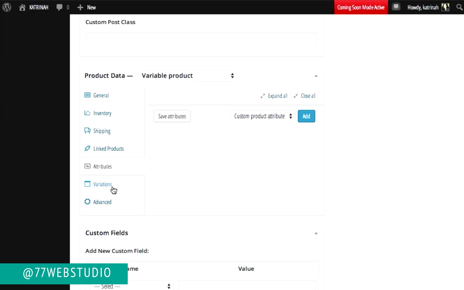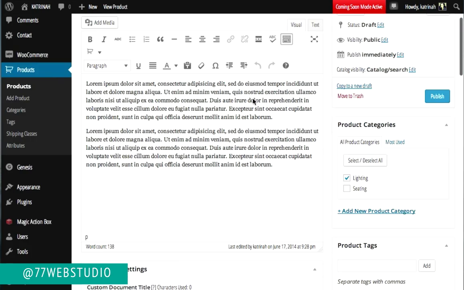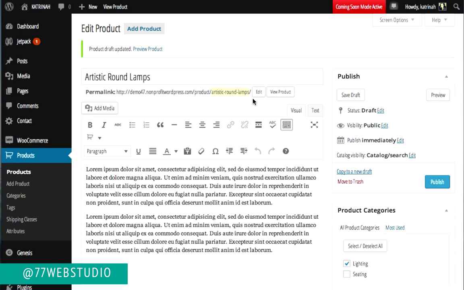So there's several different ways to set attributes. We can either do so individually here by clicking on Add and creating a new attribute, or if you have an attribute that can be applied throughout many of your products, throughout your product catalog, then you can also create attributes here on the left-hand side underneath where it says products in the left-hand sidebar.